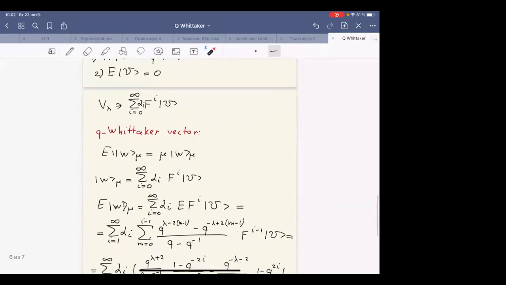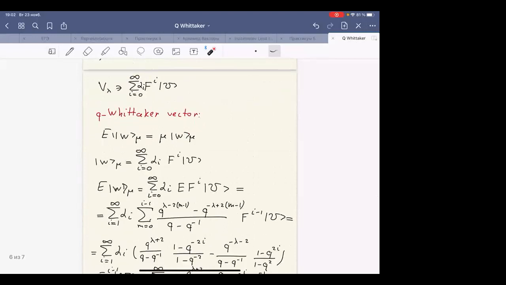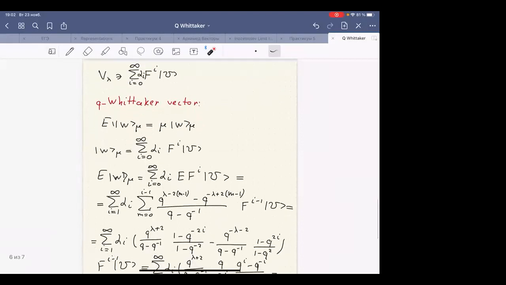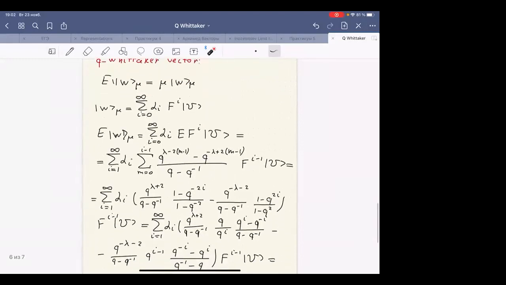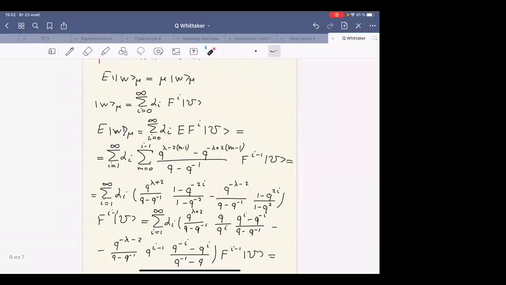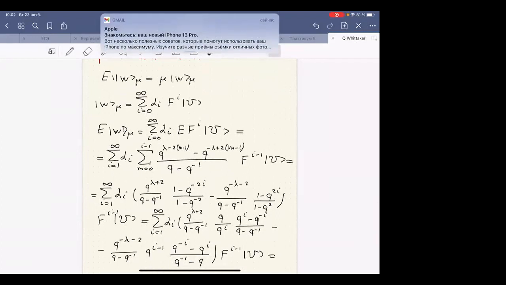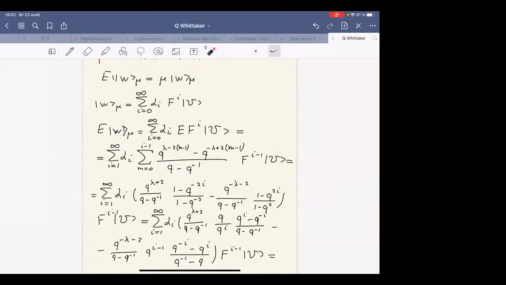So maybe there is something wrong. Let me see a bit. So this 2 appears after the commutation relation. Yes. These two, of course, appear after commutation relations, but in classical SL2,